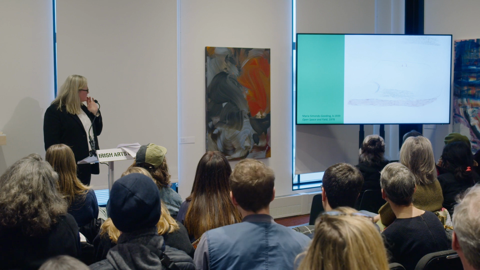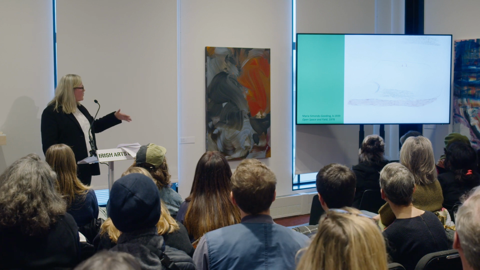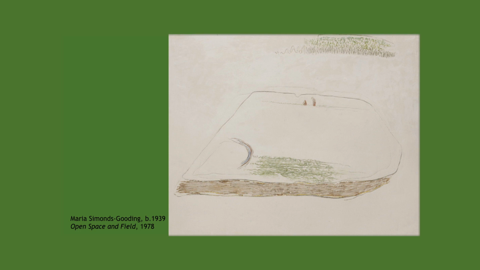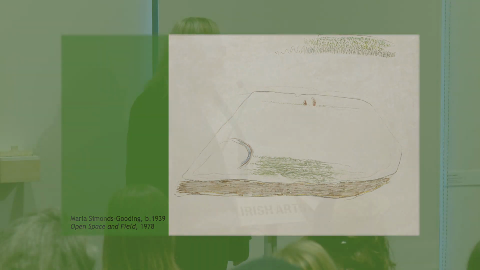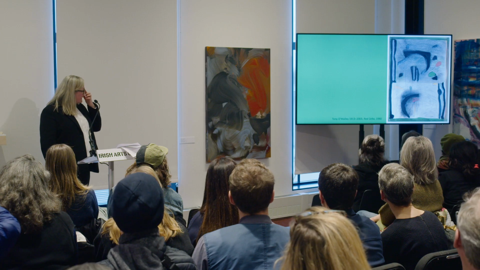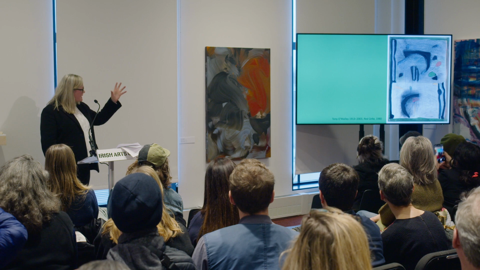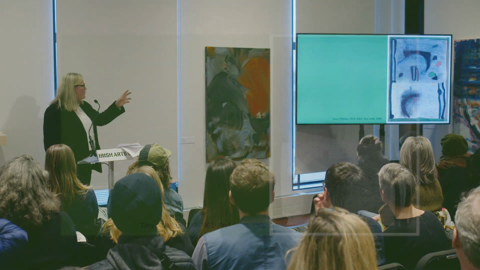Some artists will go back to the landscape. You'll see that Mary Simmons Gooding in this case, but again, it's her own interpretive, subjective response to it as well. This sort of naivety of scratching surfaces. She works up her surfaces with plasters sometimes as well, so that it's almost sculptural and painting, leaving her mark on the surface as well in terms of scale. Tony O'Malley, again, another artist that worked and created these abstract landscape forms that all can be linked.